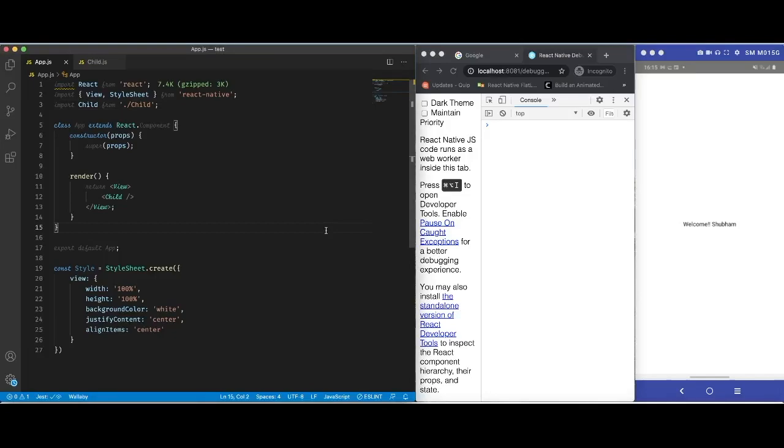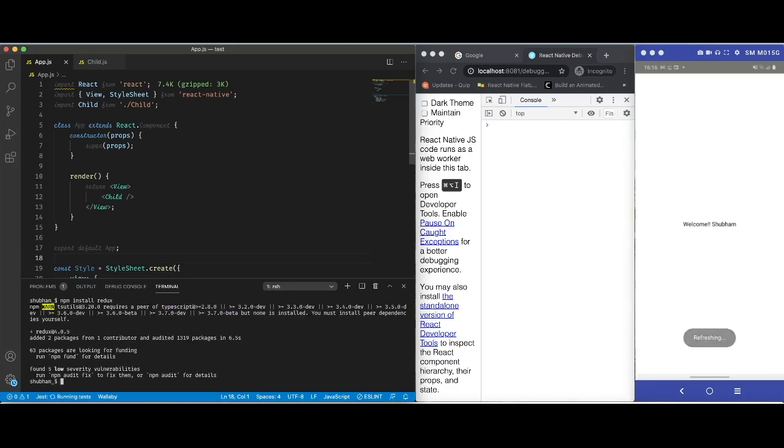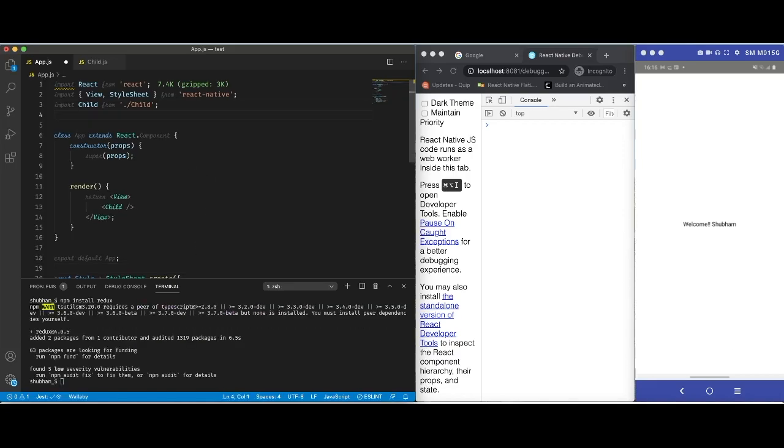The first thing that we are going to do is create a store. And for creating a store, we will have to import Redux. So let us install Redux so that we can import it. For installing Redux, let us open the terminal and type the command npm install redux. And this is going to add a dependency in your package.json file. And now our Redux is installed. Let us import Redux. For creating a store, we will have to import a function called createStore.